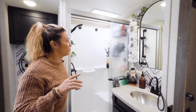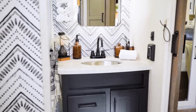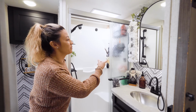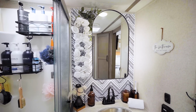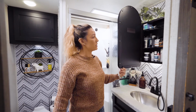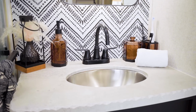I love the bathroom because I have made it my own again. I've added some wallpaper to the walls here and behind me. And I've also added this basket with hand towels for us and our guests. We have upgraded our mirror, which is one of our favorites. It's got lighting behind it, but it's also a medicine cabinet, which is really cool because it gives you that extra storage. I did upgrade our faucet on our sink